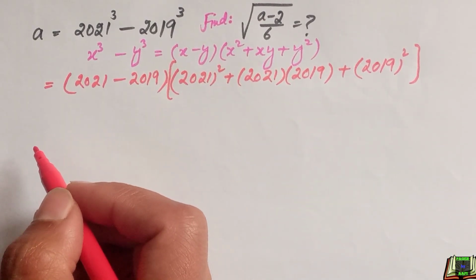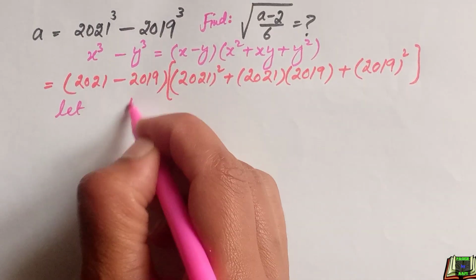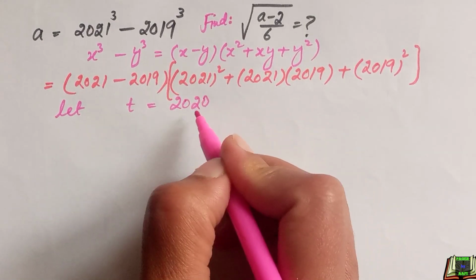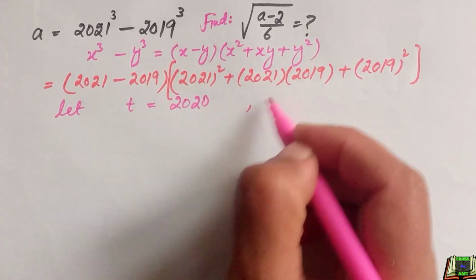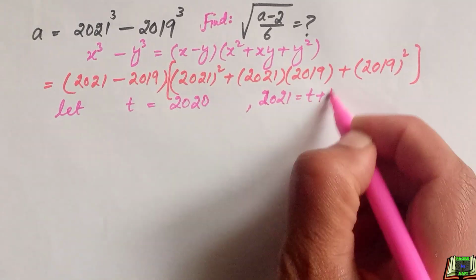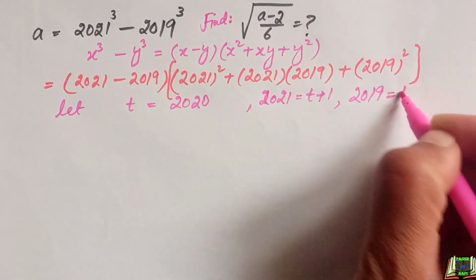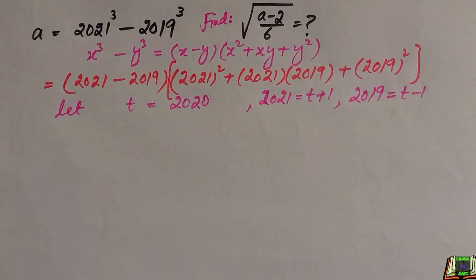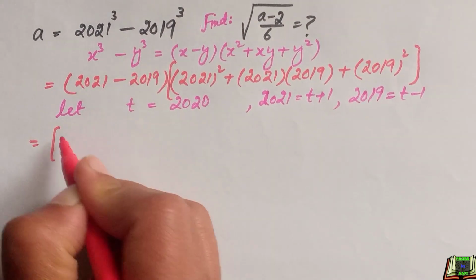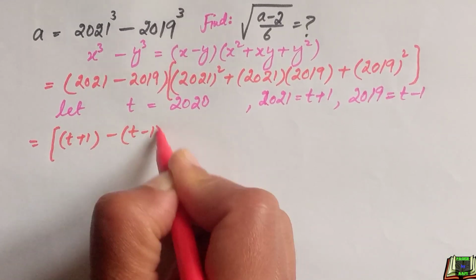This is difficult to solve, so we are going to substitute some values. Let t be equal to 2020. If t is equal to 2020, then 2021 will be equal to t plus 1. Similarly, 2019 will be equal to t minus 1. So putting these values in the given equation, 2021 is t plus 1 minus 2019 is t minus 1,